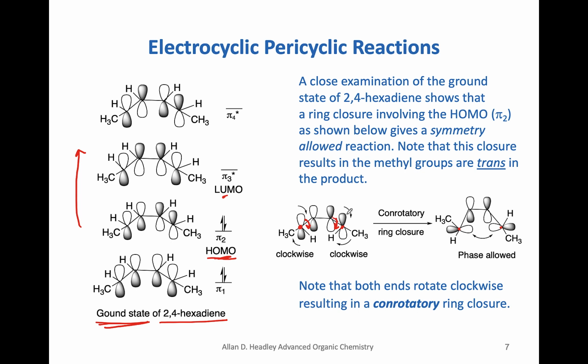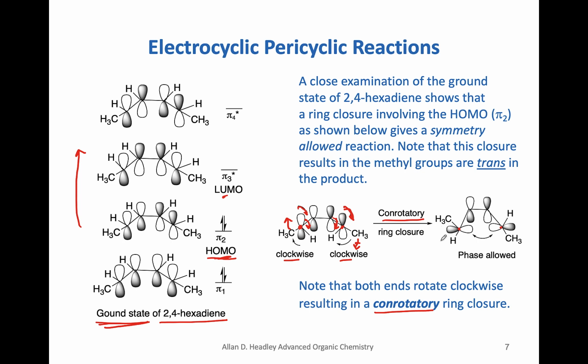Notice what we had to do though. We had to rotate this one clockwise, and this bond here clockwise, clockwise and clockwise. We call this type of rotation conrotatory ring closure, because they're both clockwise. Conrotatory ring closure. But let's see what happens to the methyl group, however. You notice that on this rotation, this goes down. And on this rotation, this comes up. So that means that we have here the trans